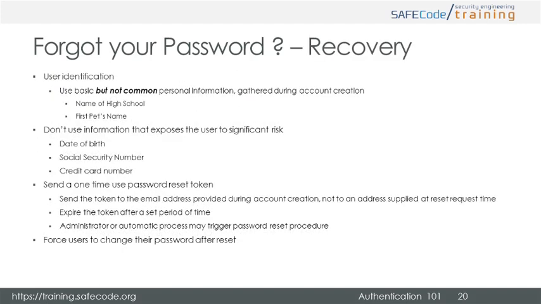A more robust methodology to react to forgotten passwords would be to validate the user based on certain identification characteristics. This could be application or user specific. For example, first and last name, address, email address, or first pet name. It is worth noting that this data should never rely or ask the user for data that introduces greater risk than the lost password. For example, date of birth and social security number allow for identity theft in the real world versus simply exposing the data or activity on your particular application.